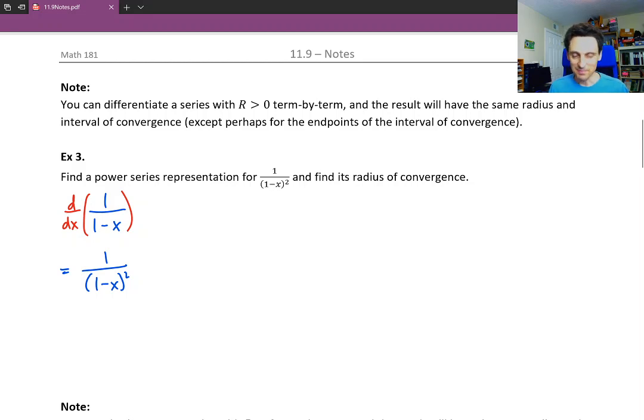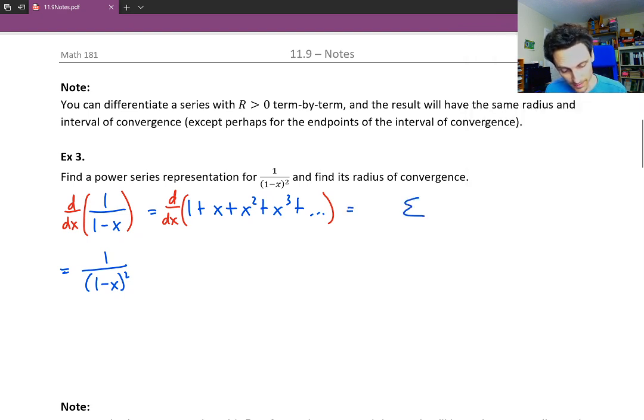Now it's not really the first thing that may come to mind, but just because we've been in this section and we know what the power series expansion for 1 over 1 minus x is, that's going to help us get a power series for 1 over 1 minus x squared. Because 1 over 1 minus x looks like this: 1 plus x plus x squared plus x cubed plus, and so on. So if we take the derivative of that, which is just like taking the derivative of the series as n goes from 0 to infinity of x to the n,